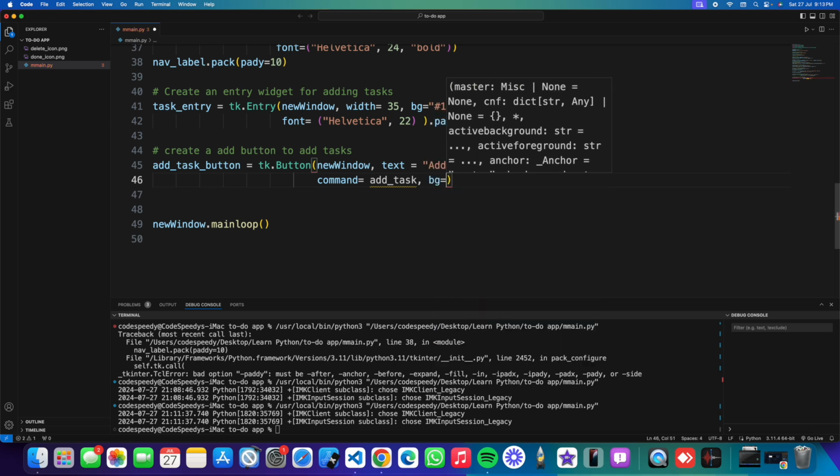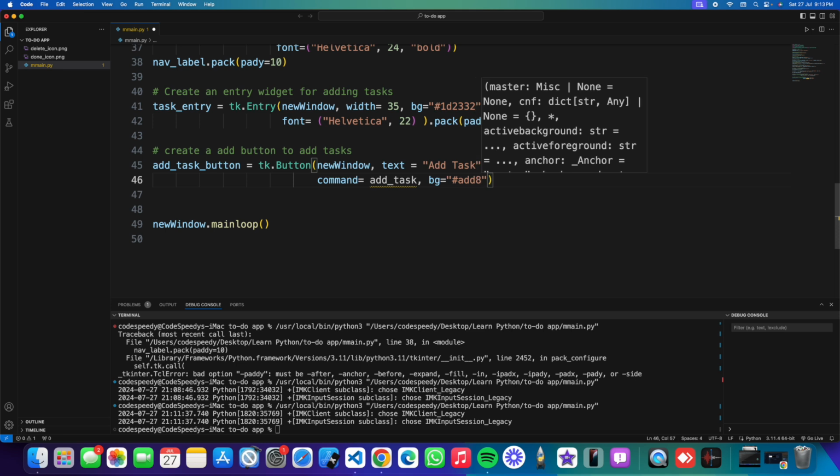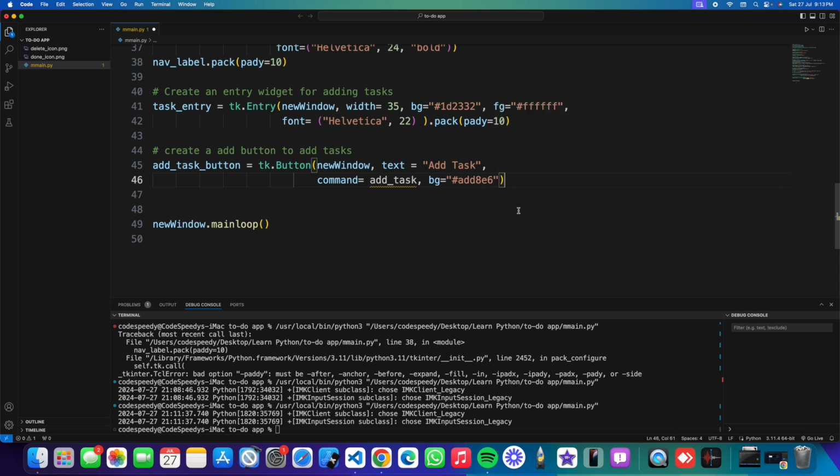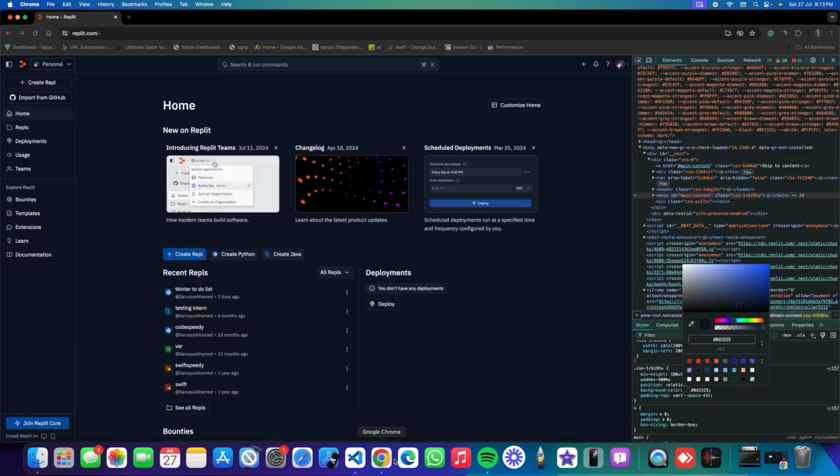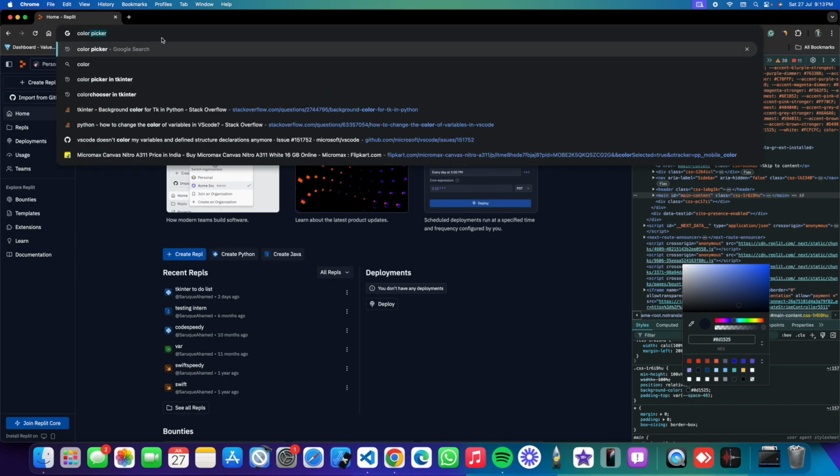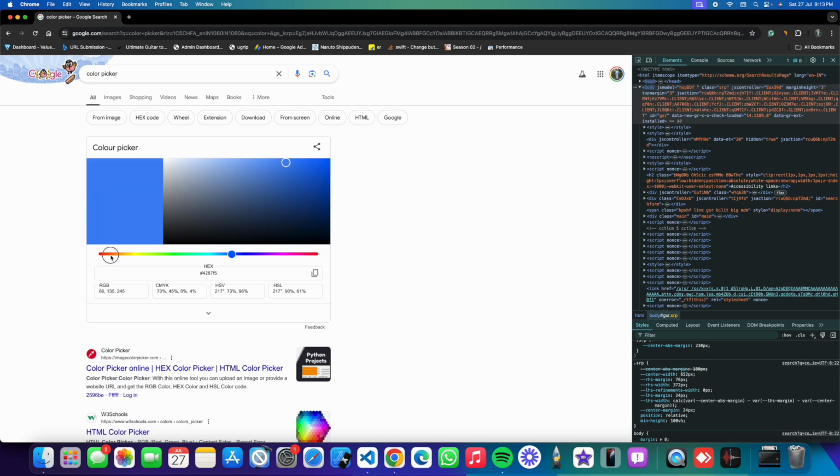So set a background color. I am doing design for a long time, so I have an idea what kind of hex code can produce what kind of color. But if you are not familiar with this hex code, you can always go to Google and search for color picker, and you can choose any color from here. Like you can choose bluish shade color. So whenever you will be sliding this color point or clicking on anywhere, you can see there's a hex code. You can simply click here to copy it. Okay,